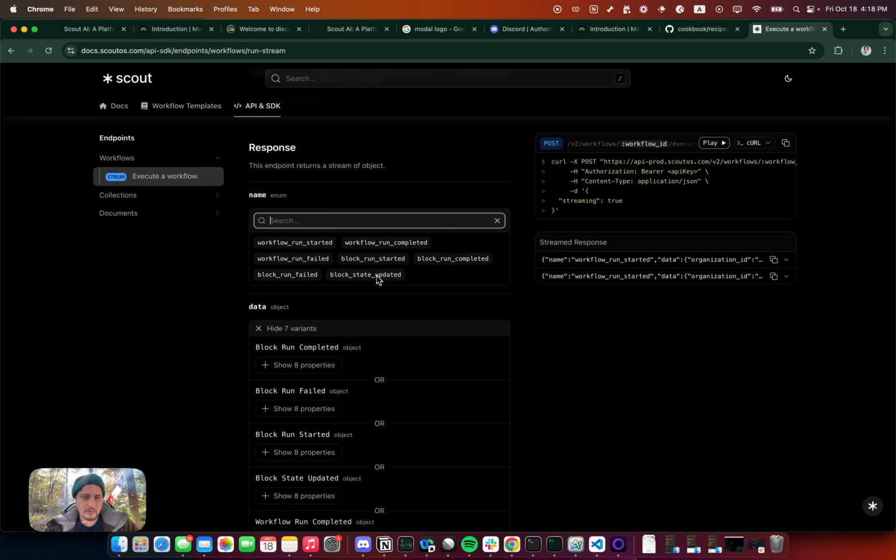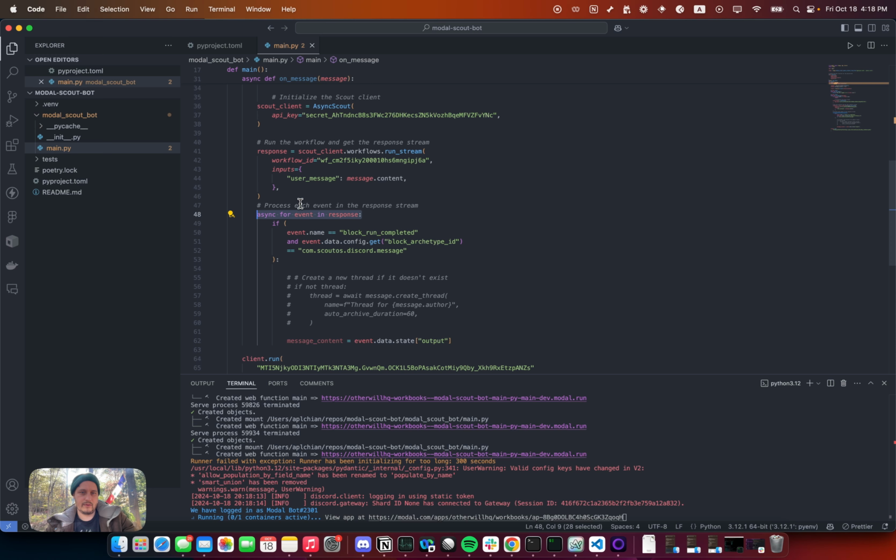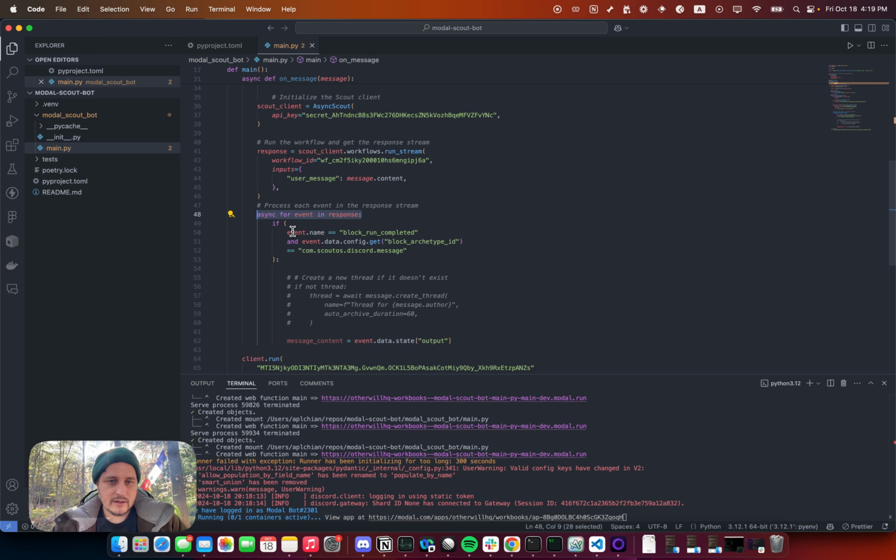This iterator is going to get called for every event. So here we're saying if the event.name is block run completed and event.data.config.get the block archetype ID, that's kind of like the block type. So basically, if it's this Discord block type, if it's Discord message, then